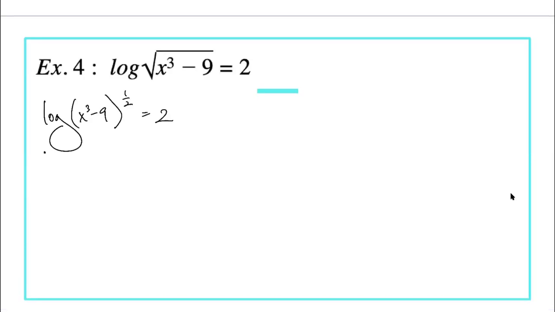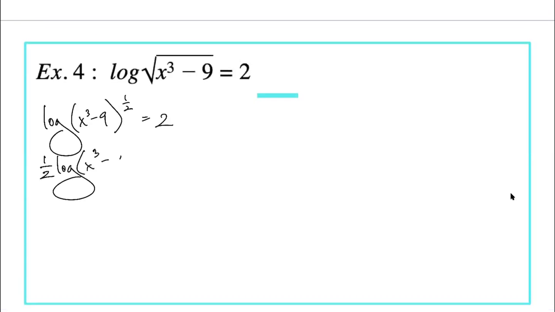So I've got 1/2 log of x cubed minus 9 equals 2. How do I get rid of that 1/2? Multiply both sides by 2. Good. Now, great time to write in the base that you don't see, because now when you rewrite it in exponential form,